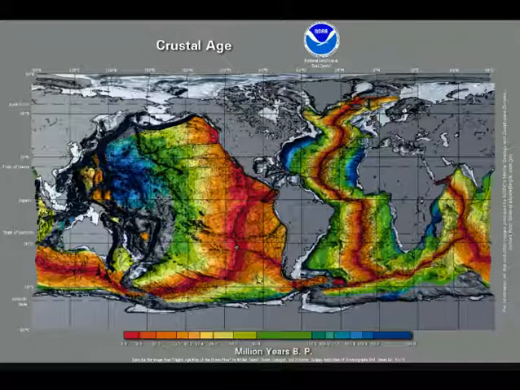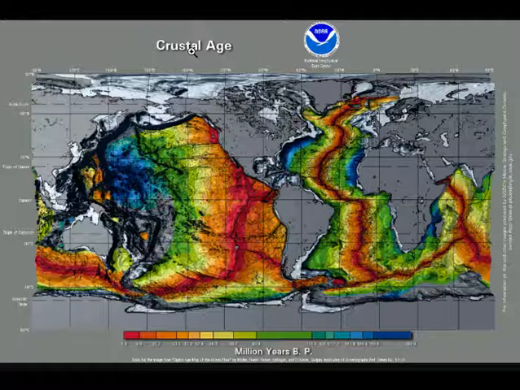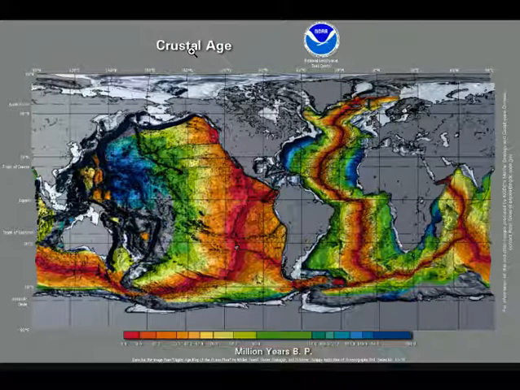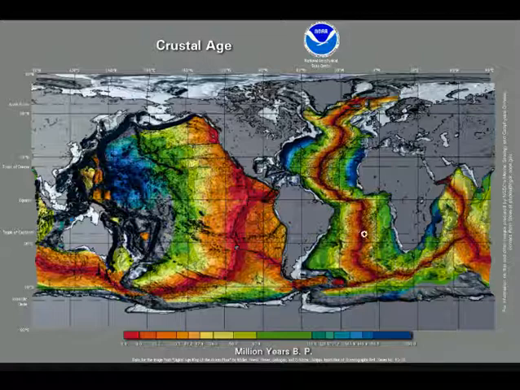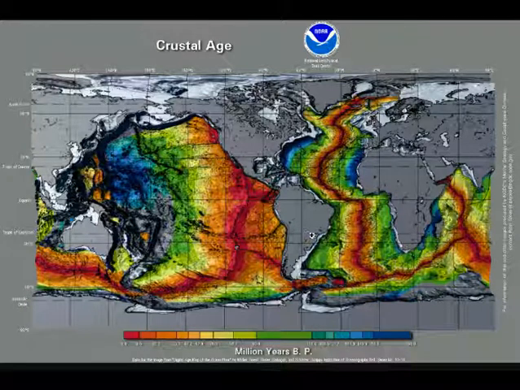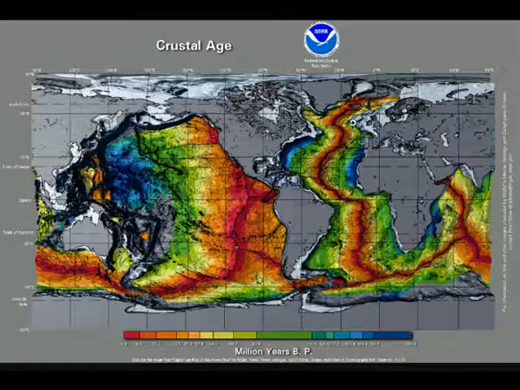Second piece of evidence for seafloor spreading is the crustal age of the rock. So we actually have dated the age of rock across the ocean floor. So what we have here is, let me orient you, we have North America, which is the United States and Canada, Mexico, Latin America, South America, Africa, Europe, Asia. So this is the Atlantic Ocean, and here is the mid-ocean ridge, and we have actually aged the rock, and